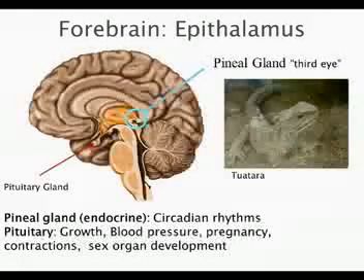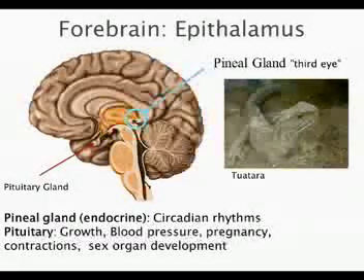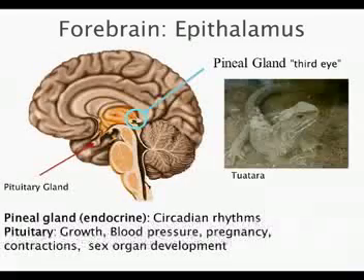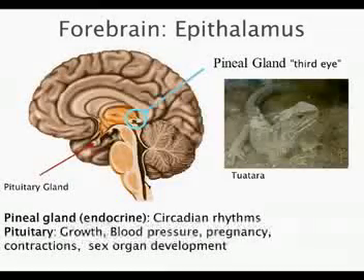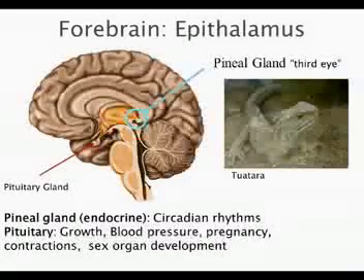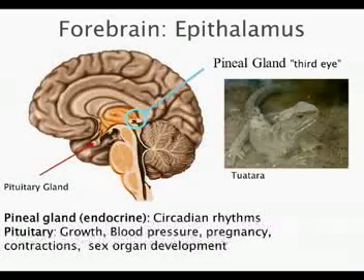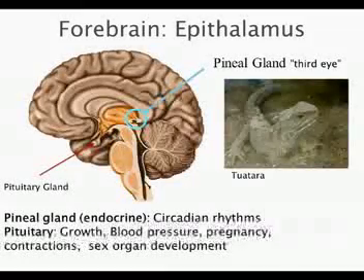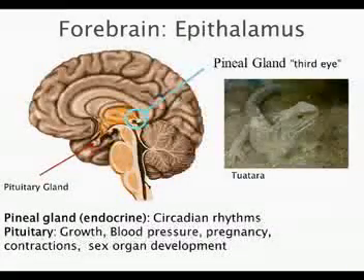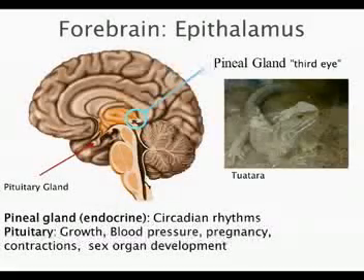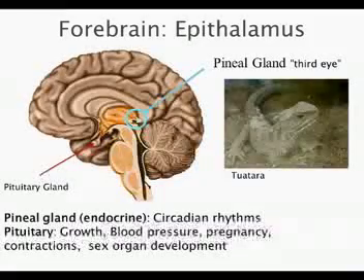Sometimes it's called the third eye, and the tuatara actually has a thin membrane in its skull, an opening that goes directly to the epithalamus, or right to the pineal gland. So it has very specific links to the light and the length of the light, and it also deals, for more of the animal kingdom, with regulating sexual drive and things like that. The other structure, kind of affiliated, just deep or just inferior to the hypothalamus, is